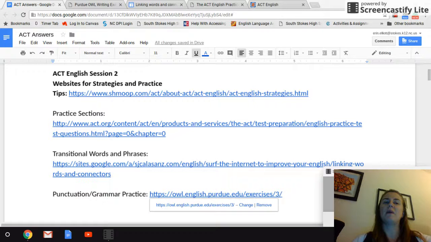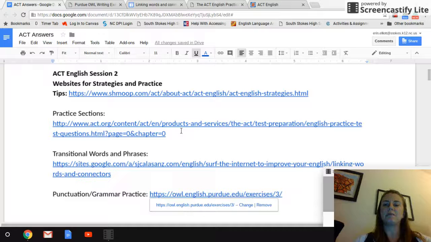You just need to learn a few basic tips and your score will automatically improve. Also, we need to review a few grammatical and rhetorical skills that you probably already know, you're just not paying close enough attention to when you're taking the test. So this should just be a review for you.